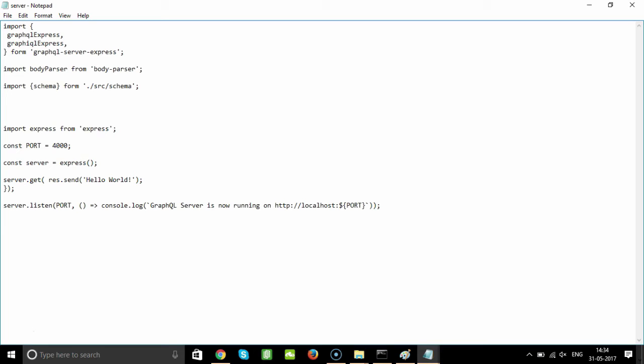We also have to remove .get, rather we have to say server.use, and write /graphql, okay, and now close this, put a comma, and say we'll remove this as well and say bodyParser.json(),